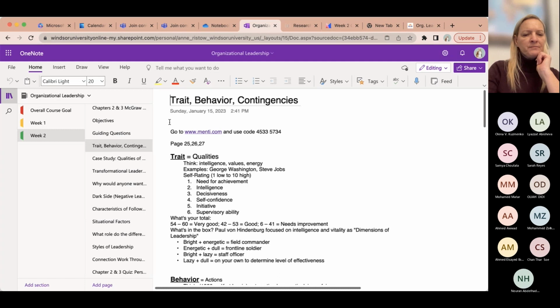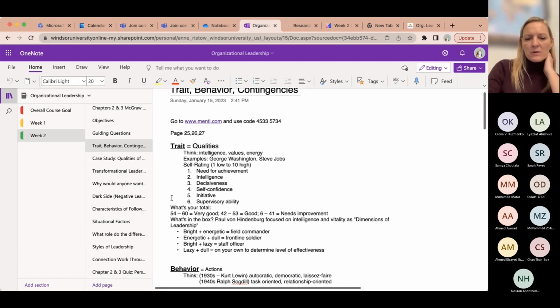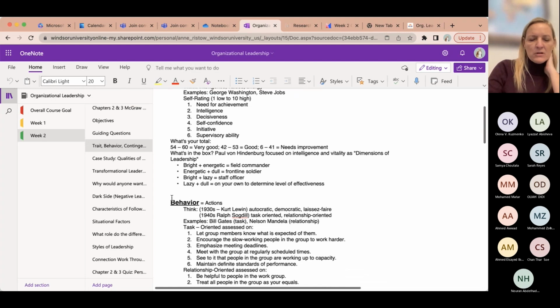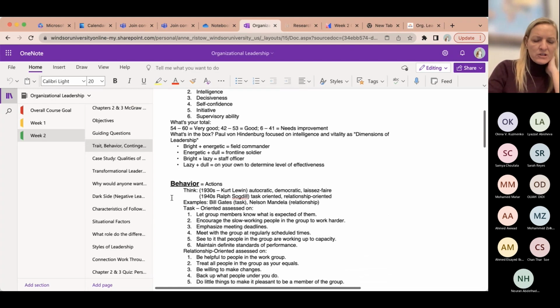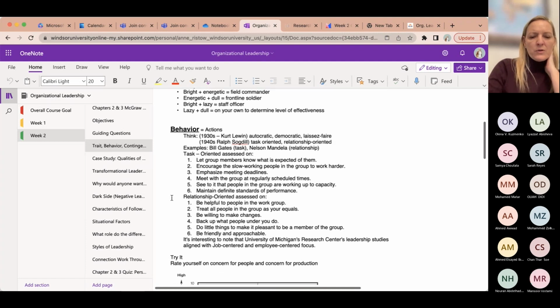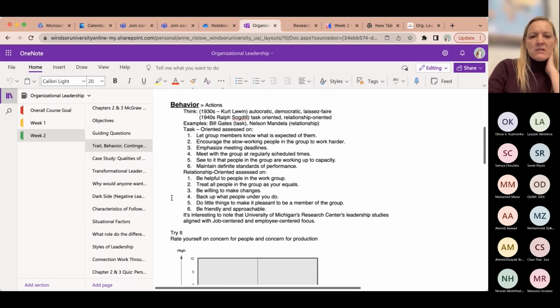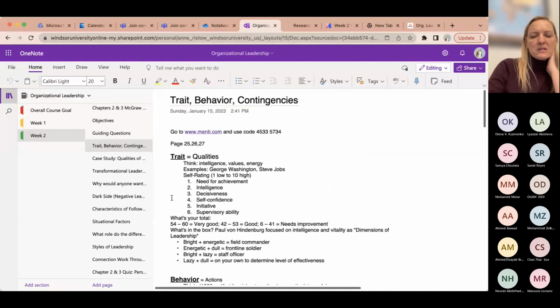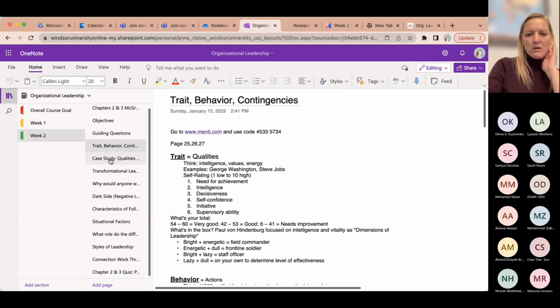Okay, so that was the quality of traits, and there were a few action or behavior questions in there about our actions as well. If you want to do the full assessment, those directions are in the textbook. There were a lot of assessments in the textbook this week, so I caution you on taking time to do all of them. You may become very overwhelmed.